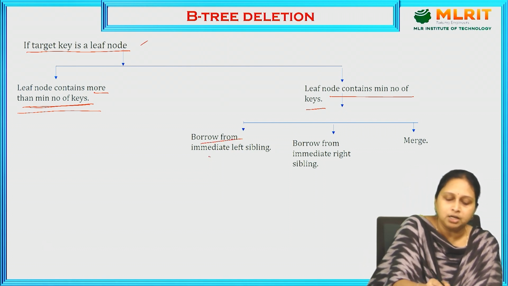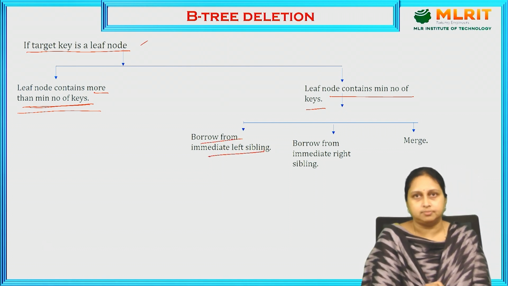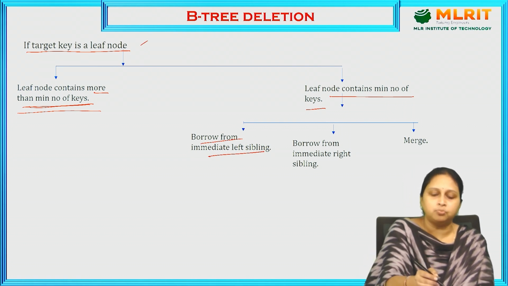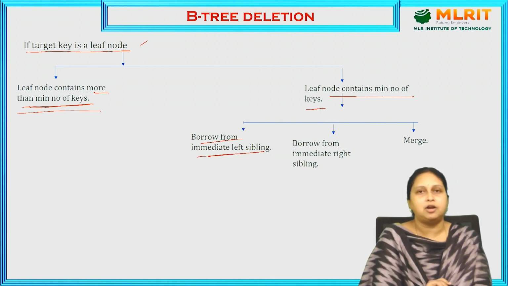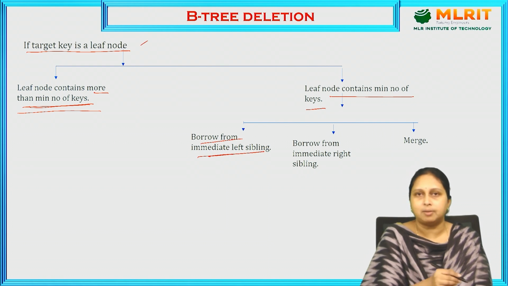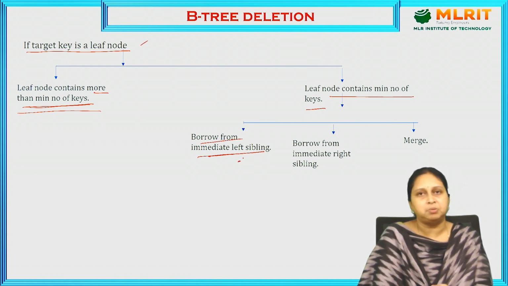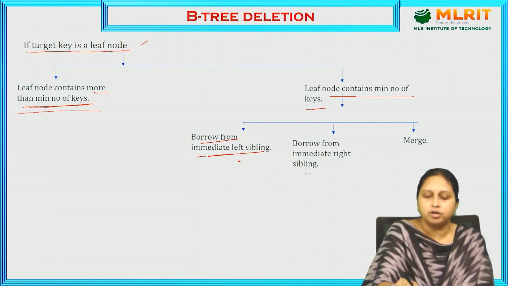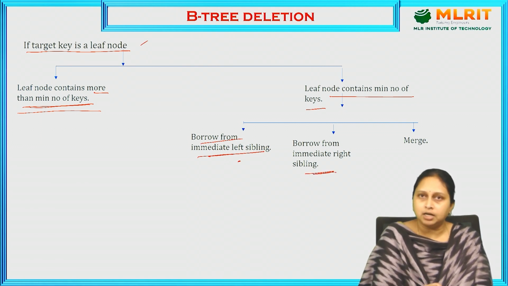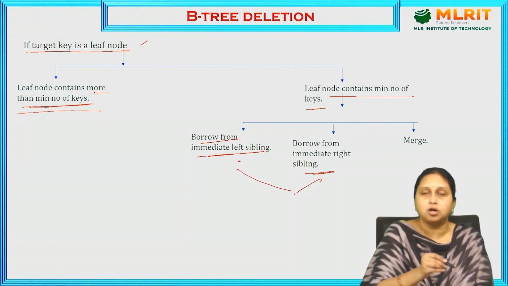Borrow from the immediate left sibling. If I don't have the minimum elements, then I am going to borrow from the immediate left sibling. From the siblings, I am going to borrow, right? If the left sibling also doesn't have the minimum number of elements, then I can borrow from the immediate right sibling. If both of these are not possible,